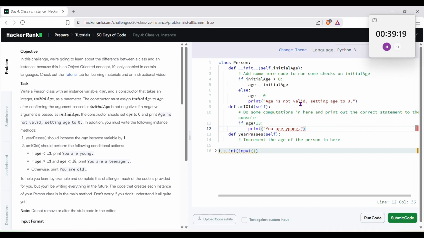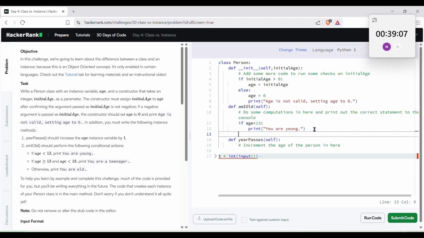Else if age is greater than or equal to 13 and age is less than 18,